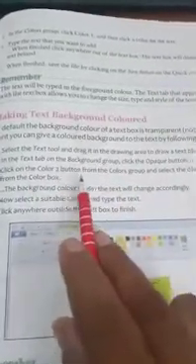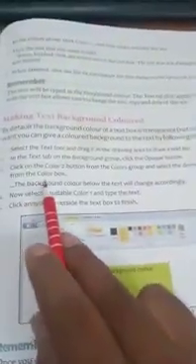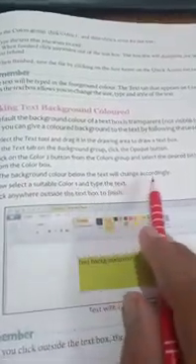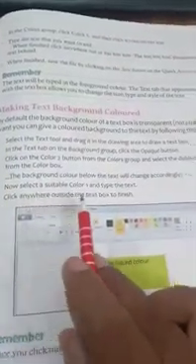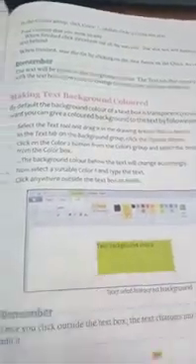Click on the color 2 button from the colors group and select the desired background color from the color box. The background color below the text will change accordingly. Now select a suitable color 1 and type the text. Click anywhere outside the text box to finish. Once you click outside the text box, the text changes into an image and then you cannot edit it. So this is the way we can make a text background color.